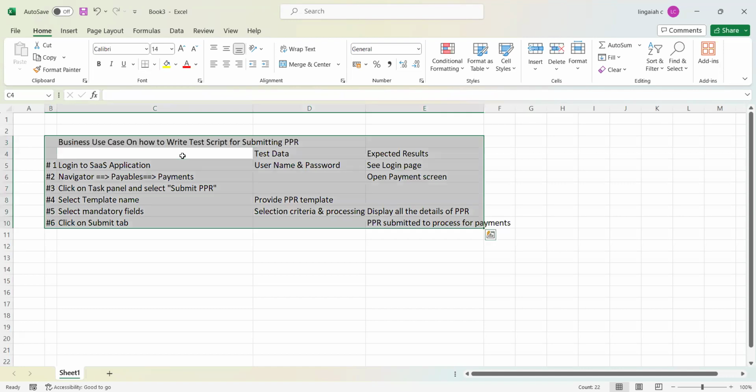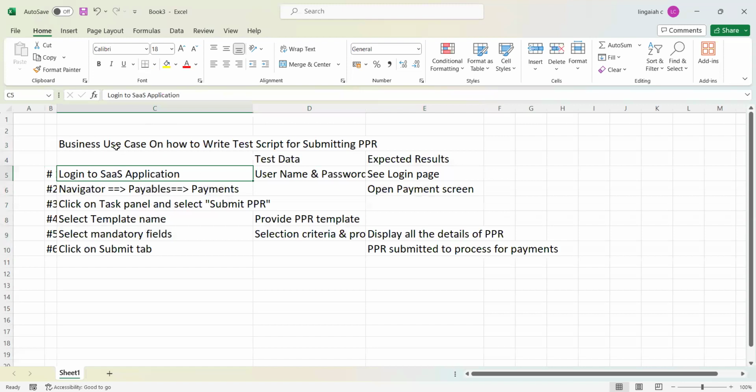Today we are going to discuss one of the key functions in the accounts payable module under payments. This is the business use case showing how to create a test script for submitting a payment process request template for the batch payment against the open invoices for suppliers. This is the key function in the accounts payable module to run the PPR batch payments to release payments